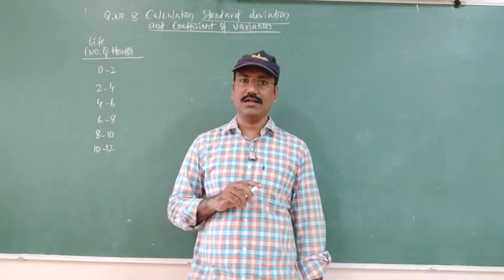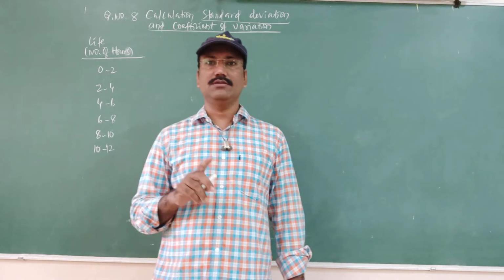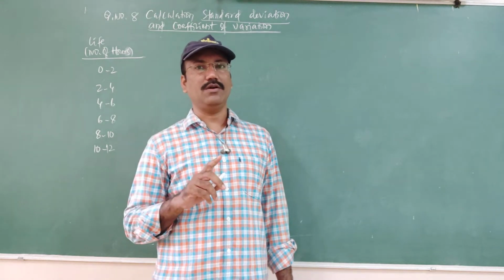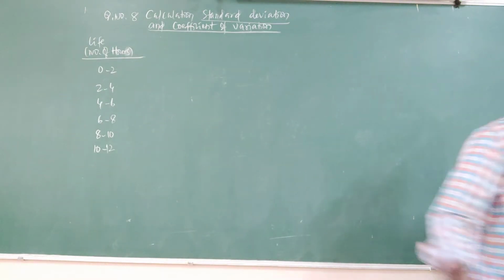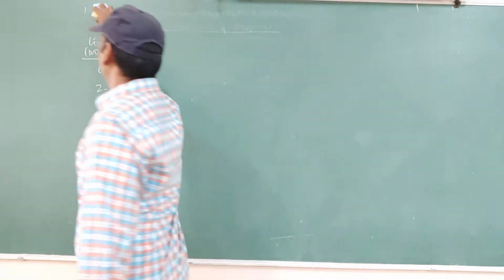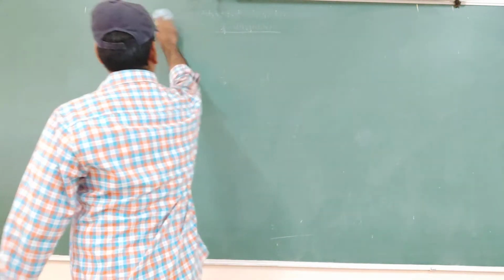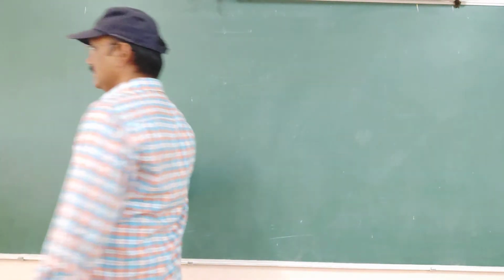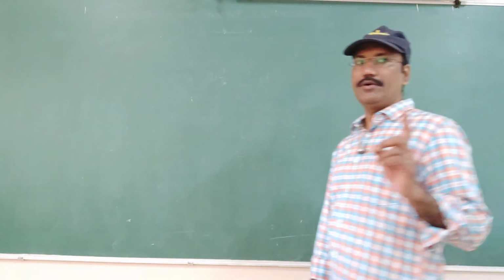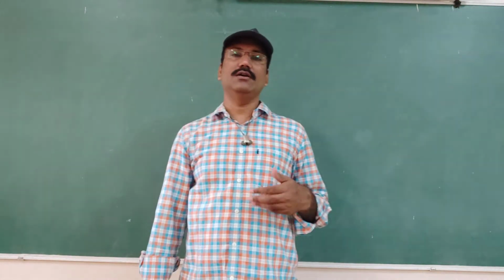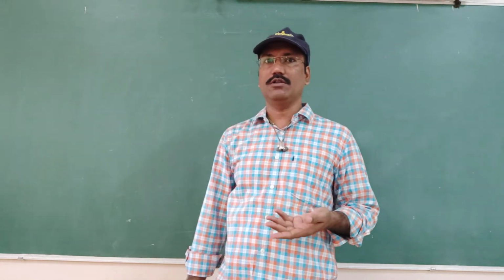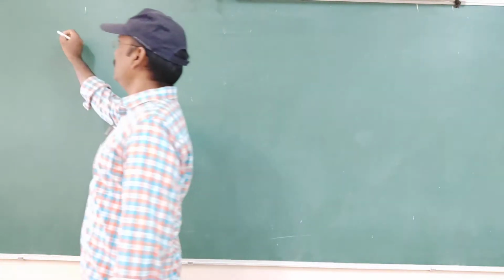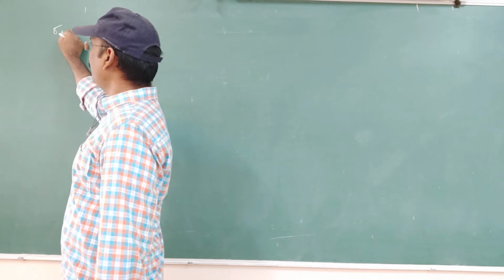I said in question number 9 and 8 also, if a question asks about variation, you need to find the CV. Now we need to go with question number 10, CV. What do you have to find for CV? We need the standard deviation and the arithmetic mean. In the problem, average income is given, which is the arithmetic mean only. But last they gave the variance, so first we need to convert the variance into standard deviation.